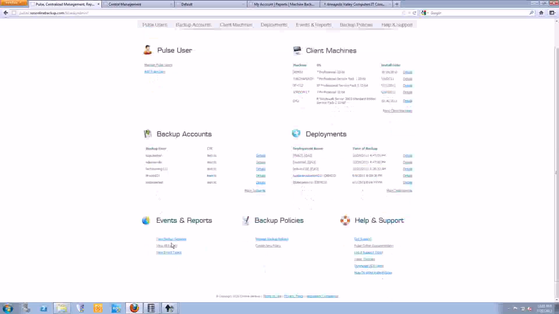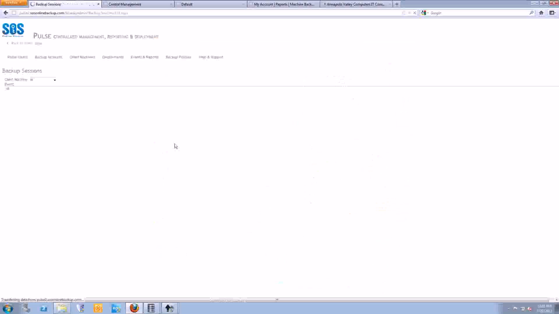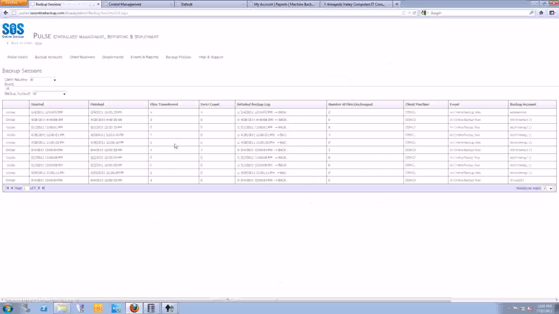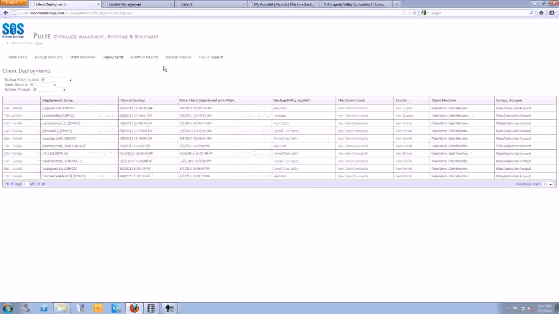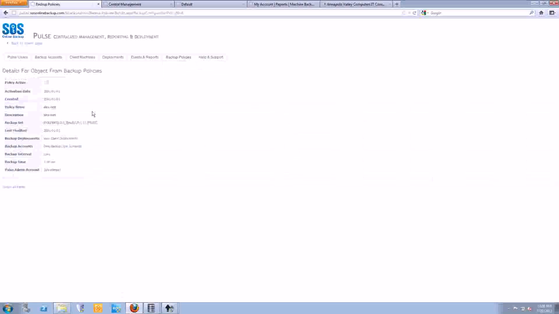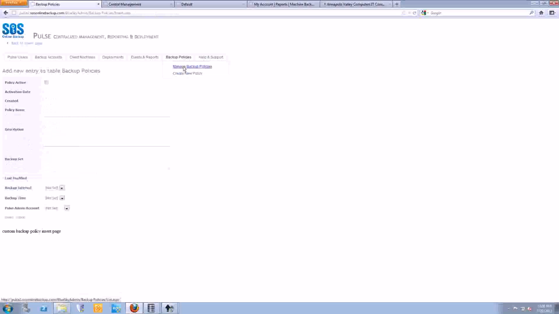Let's go to deployments, John. We can also look at all of our clients that have the SOS technology installed, or it's under your brand. And if you see the backup policy column, you can remotely deploy backup policies. A backup policy is pretty simple. It's just a rule set that says I want backups to run, what time of day you want them to run, and what folders you want included. You can then assign policies to all of your endpoint nodes through this one single pane of glass. This is really great if you're managing a large number of endpoints for your customers, or you can sell this to your customers. If we go back to the home page,